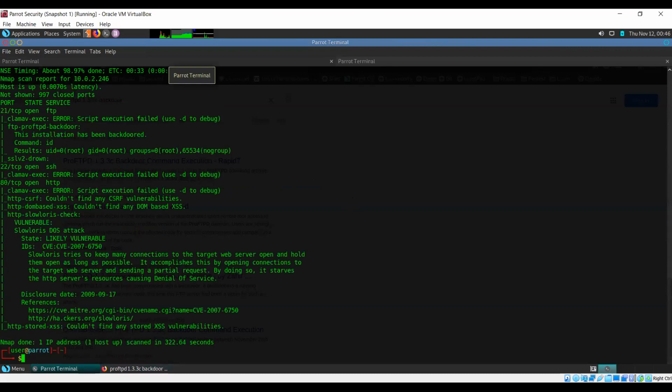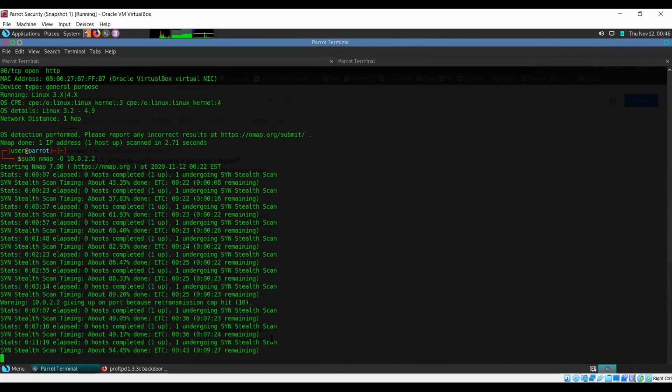Okay, let's try going to Metasploit. Let's see if this is actually exploitable.